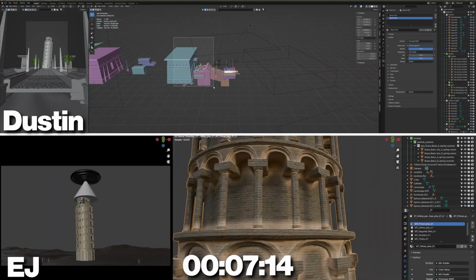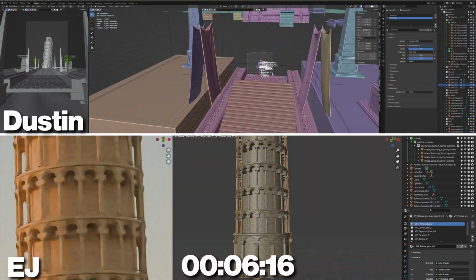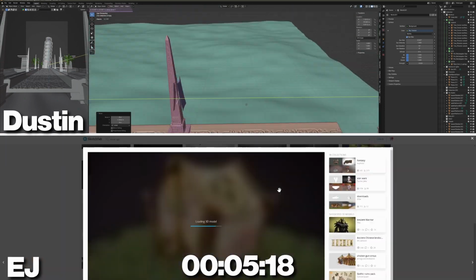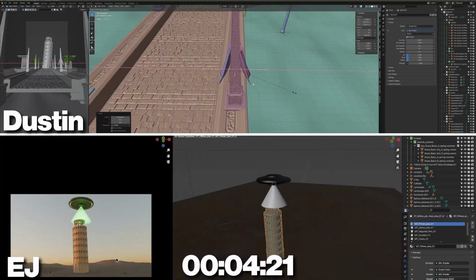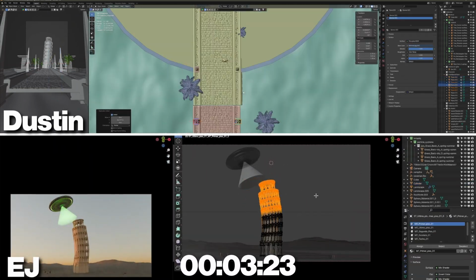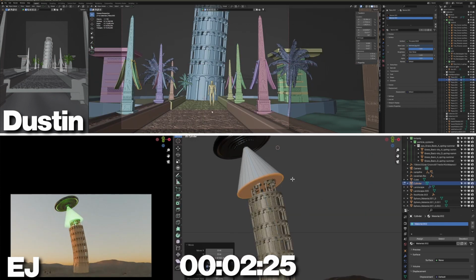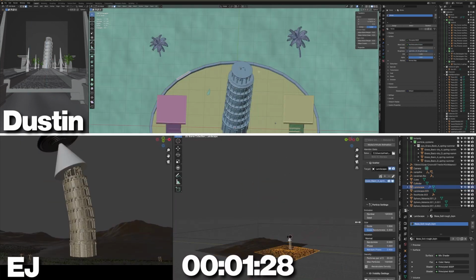And then, of course, for the ground, I mixed in two PBR textures together. Really wasn't spending that much time texturing. As long as it looked half decent, it was fine. And then the final 5 minutes, I just made the UFO pull the tower across and added in some grass